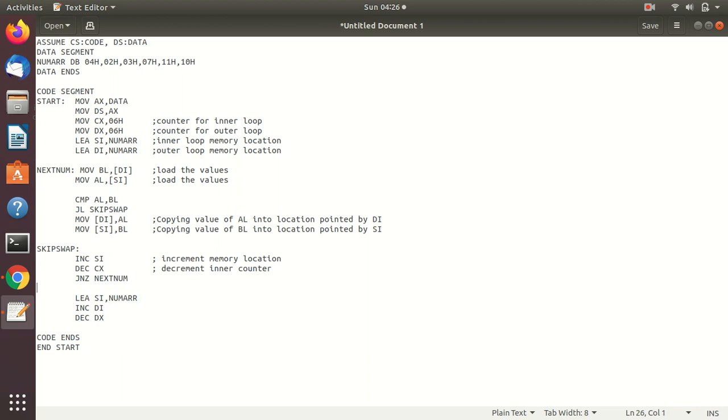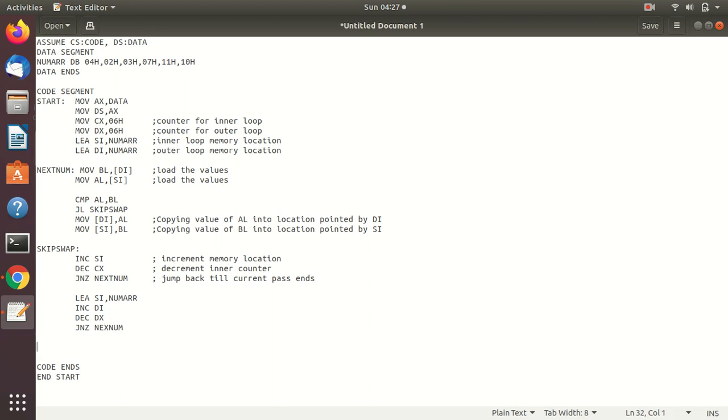Okay, so here: jump back till current pass ends. Okay, so jump back, it will take this point only, and here we have incremented DX, and now here also we have to write JNZ next num.